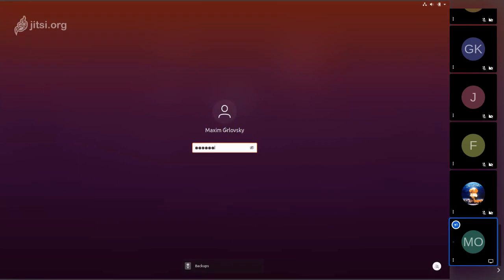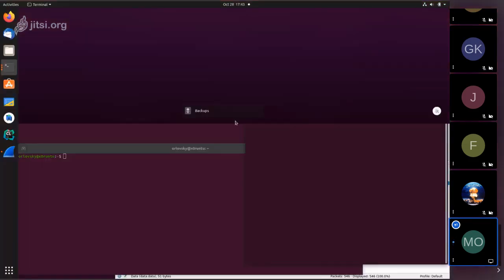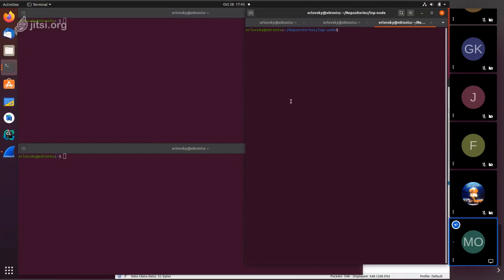Here we are. I will be using a Linux machine, but the same demo can be shown on macOS. I haven't tried the current version on Windows, but we were able to build RGB Node for Windows, so I think we wouldn't have big problems running this on a Windows machine as well. So, just to show from the very beginning,